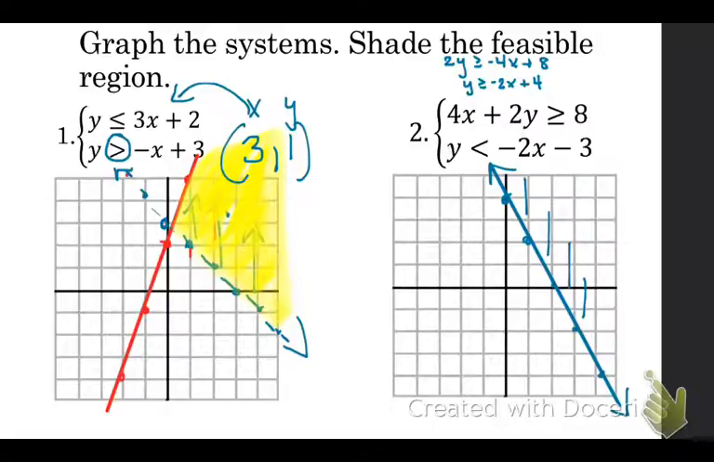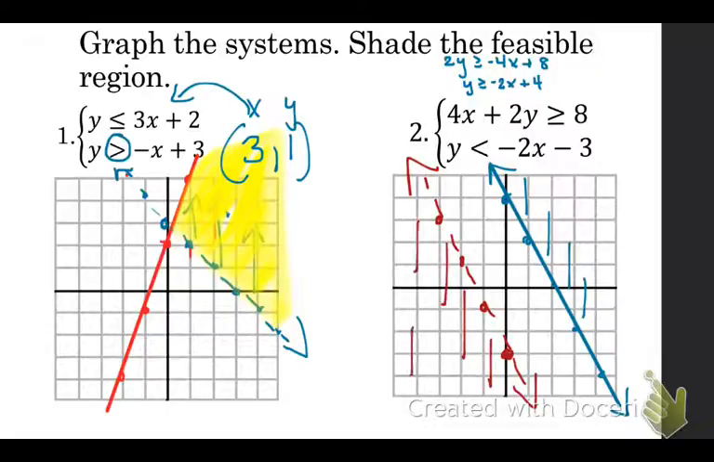And my other line crosses at negative 3 on the y-axis and has a slope of negative 2. So down to the right 1 or up to the left 1. Now, hopefully you notice that the slopes of these lines are the same. This one would be a dashed line, so I can see that my lines are parallel, and they should be because they have the same slope. This says I need to shade where y is less than. Well, that's going to be